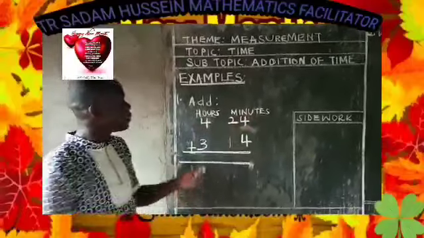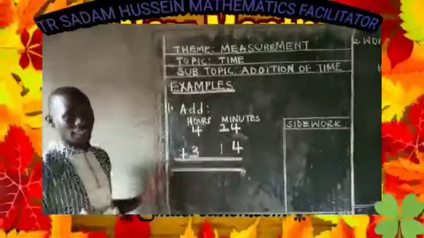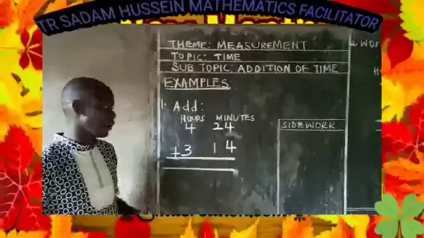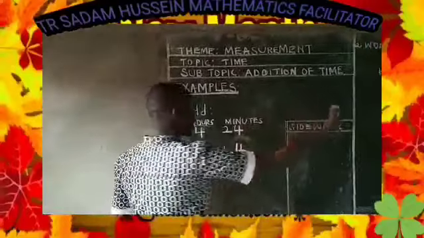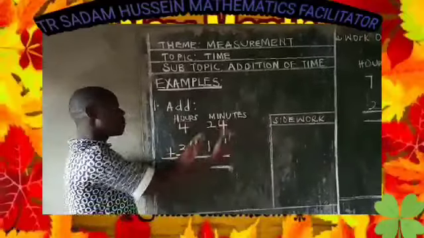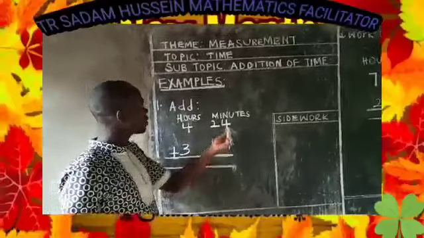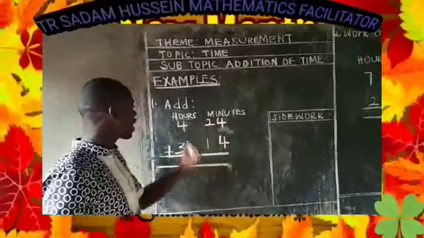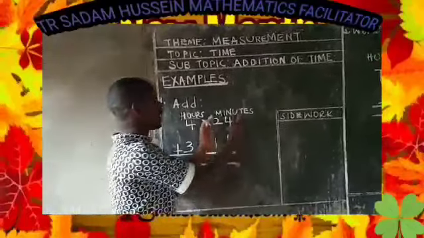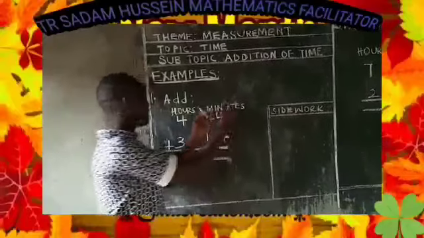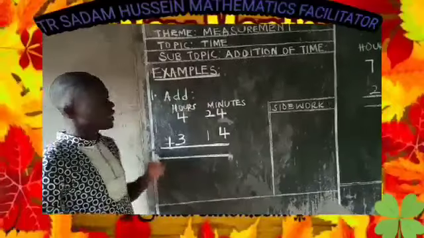That's why I've grouped it so that the minutes are on our right hand side, whereas the hours are on our left hand side. And in any addition or subtraction that we are carrying out, we must always begin from our right hand side as you move this way. And remember, minutes are always smaller than the hours. Since 60 minutes make up 1 hour, you cannot begin with the hours, because minutes are less than hours. That's why we add from the right hand side as we move to the left hand side.